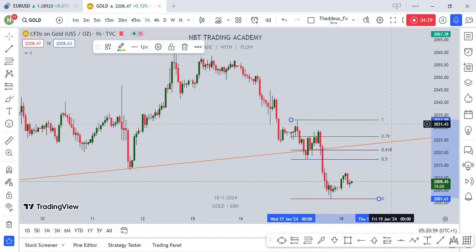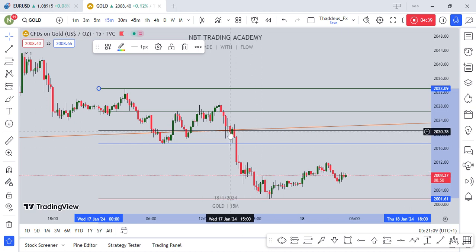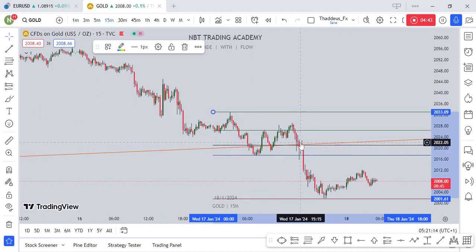So basically this is going to be our entry. We've noticed that the market is probably coming to test this high especially. Let's go on 15 minutes, let's have a clear view. There's a retracement, and there was a little bit of rejection here. So around this zone is where we should be looking to pull our trigger.